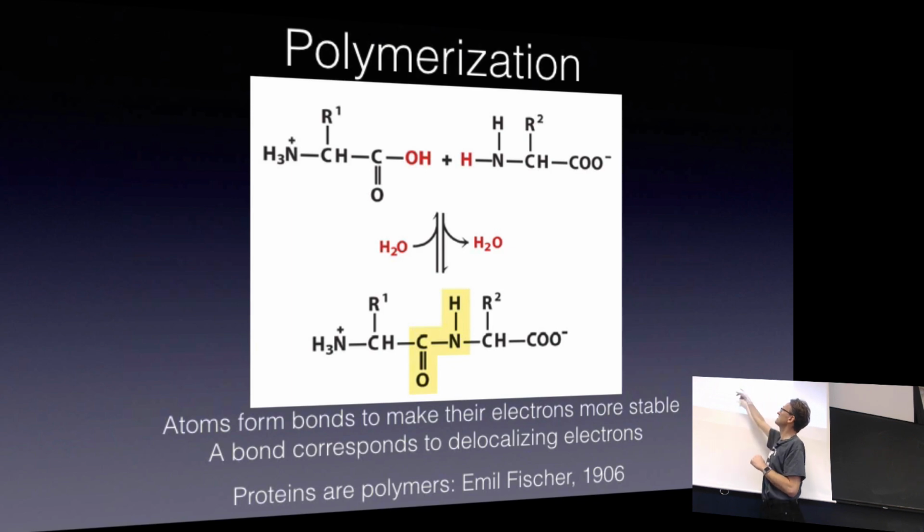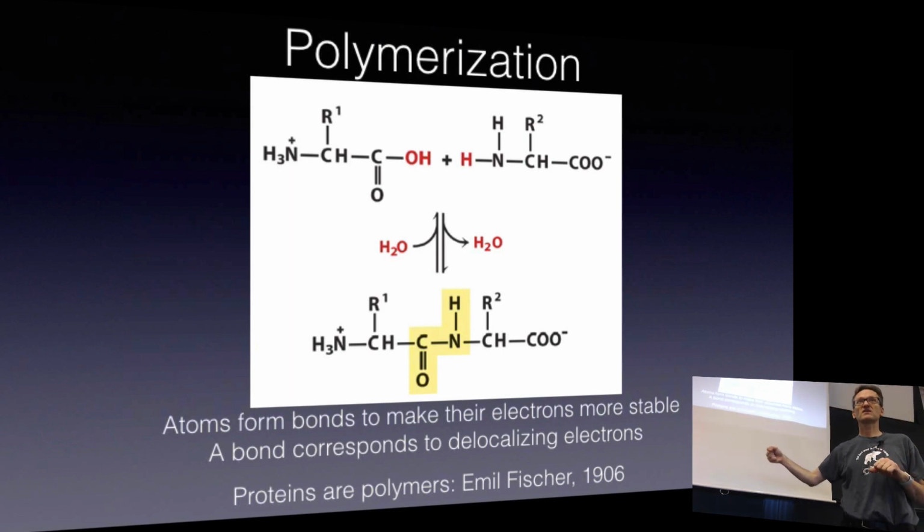So I have one amino acid there and one amino acid there. And if this happens again and again and again, this is what happens in the ribosome. Then I create a very long chain of amino acids. So the point is that there are only 20 amino acids, but if I now have a string of, say, 10 of these, there are now 20 to the power of 10 different combinations. And that starts to be fairly large numbers. So by connecting them in specific strings, I get much larger diversity.